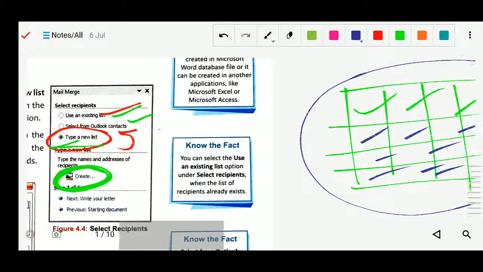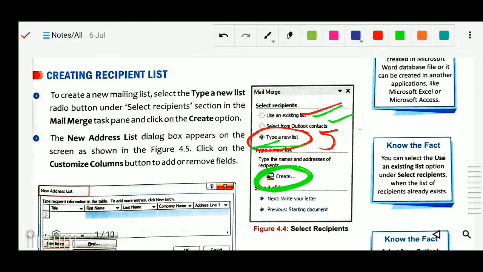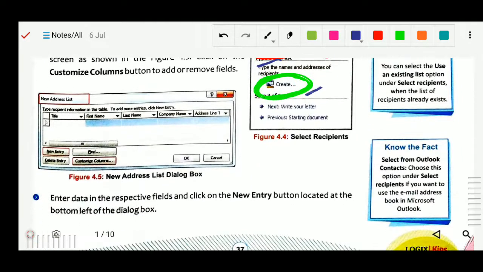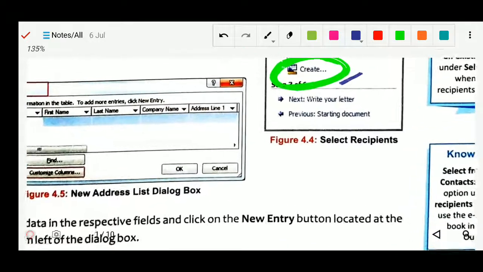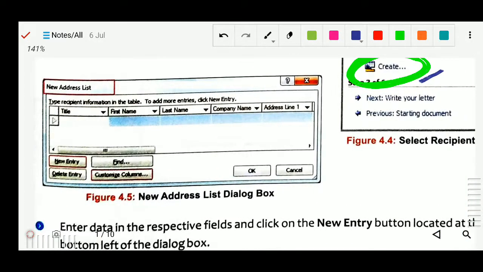First select type a new list, and after that create. When you click on create, you will see this dialog box, the new address list.